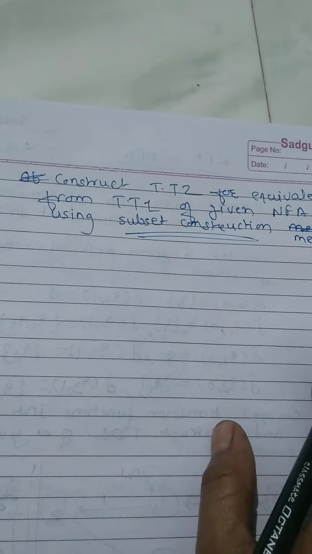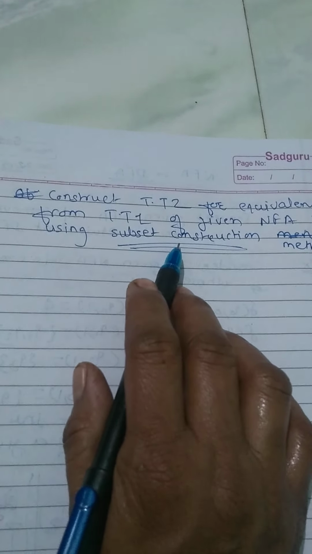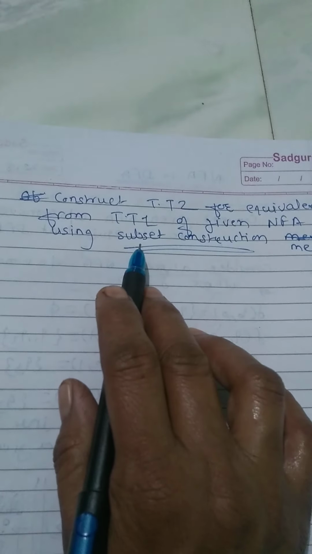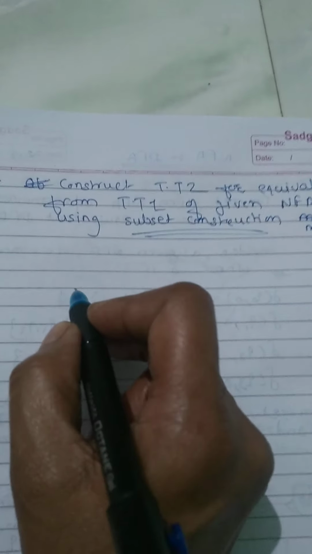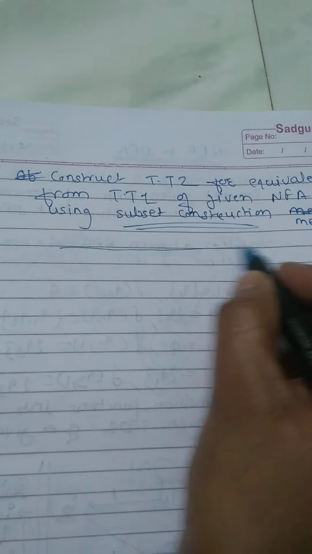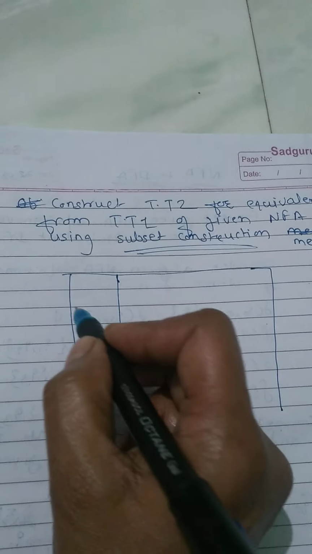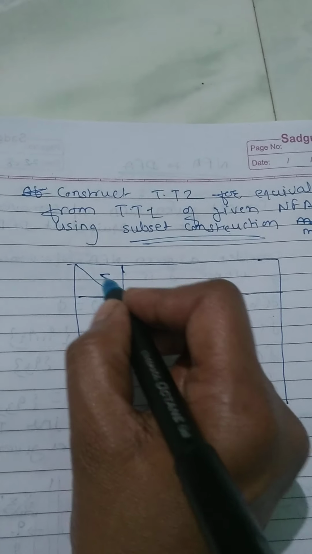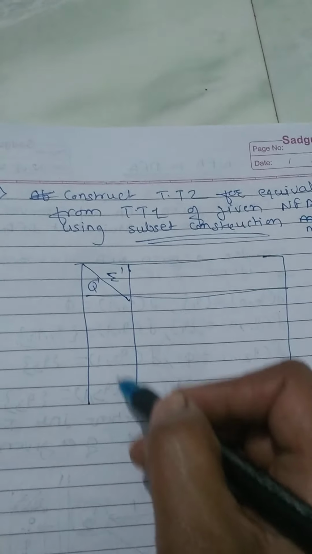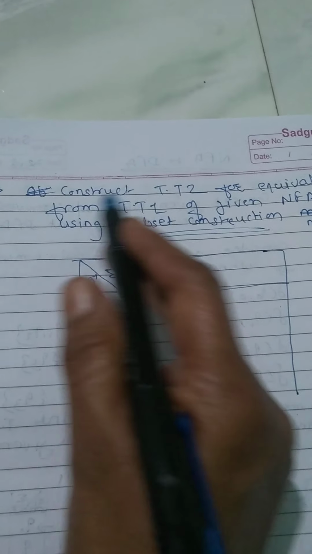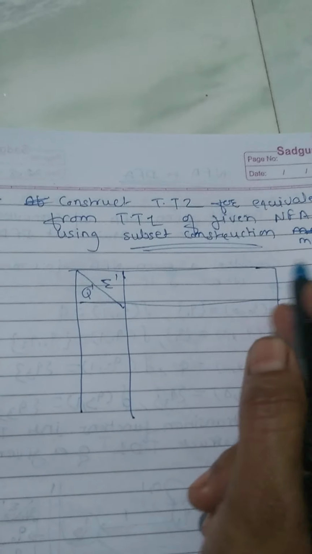Now, we know how many subsets we can create from a given set, but how many sets we can create and how many are accessible, that is important. Now let's see how to construct transition table 2. It is important. I will tell you the process directly, which you will find very easy. Sigma dash, q0 dash: whatever subsets we form here, all those subsets will be known as the states of the equivalent DFA. That's why this method is known as the subset construction method.